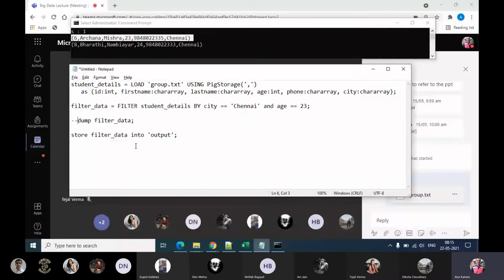And in any case, because we have added this store statement, the output, that is filter data, will get stored into a directory called output. This will cause the pig script to create a local directory called output in our current drive.